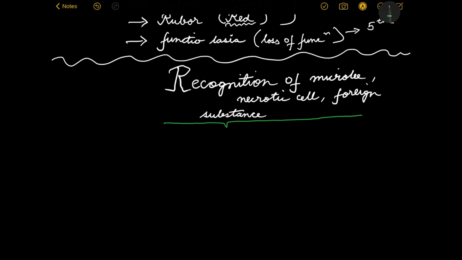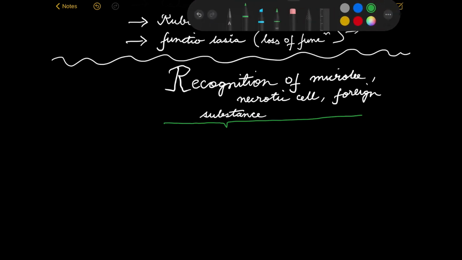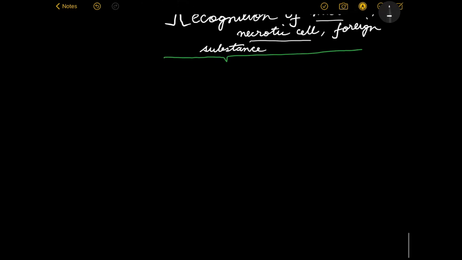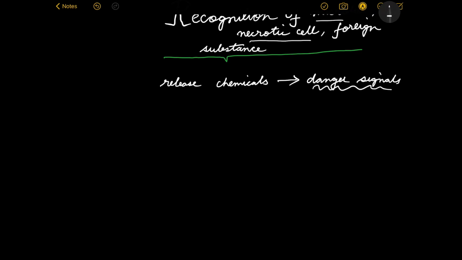We won't be going into much detail. Interestingly, we have seen that these microbes or necrotic cells actually release certain factors, certain chemicals, which were informally known as danger signals. These danger signals were picked up by the cells which recognize the noxious stimuli in the first place, like the macrophages, the dendritic cells,